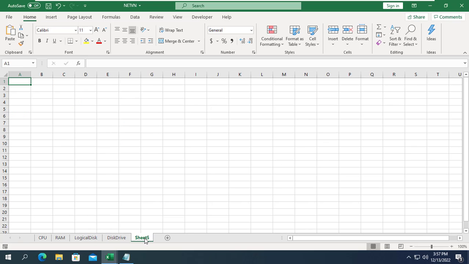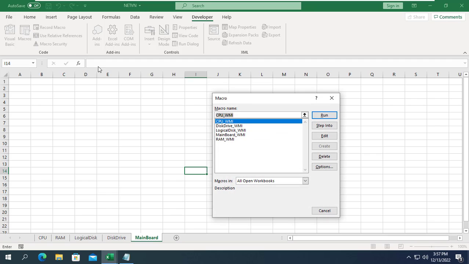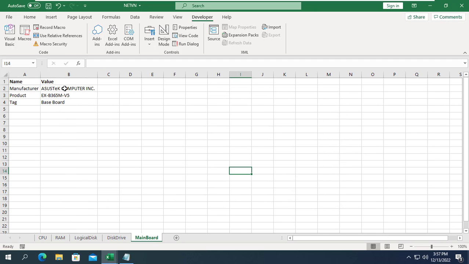Next I create a new sheet and name it baseboard. So the target computer uses ASUS motherboard and it also tells me the model of that motherboard.